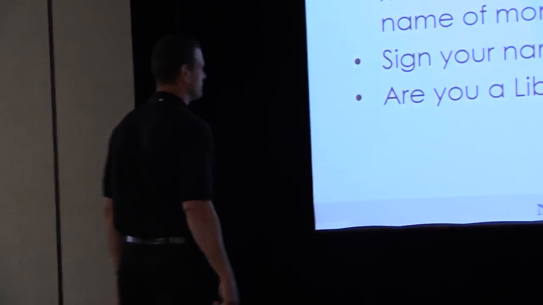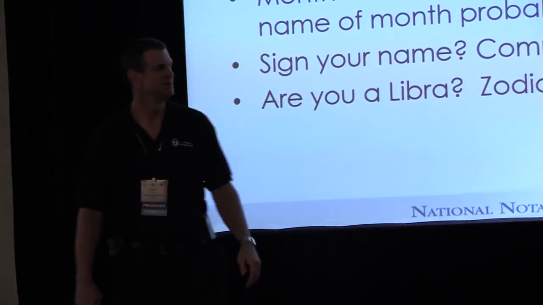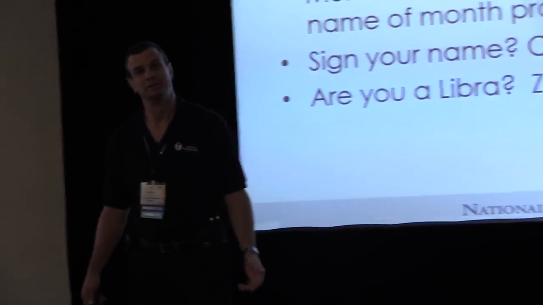So you might be talking to somebody. You might see that, hey, the sign on their card says they're a zodiac. Their zodiac sign might be a Pisces, but they tell you, hey, I'm a Libra. They don't know their zodiac sign because they're using somebody else's date of birth, right? So it might be a little trick question you might be using in there. Hey, I'm a Libra too. And they go, yeah, I'm a Libra too. No, it says Pisces on your card if you don't know your zodiac sign,